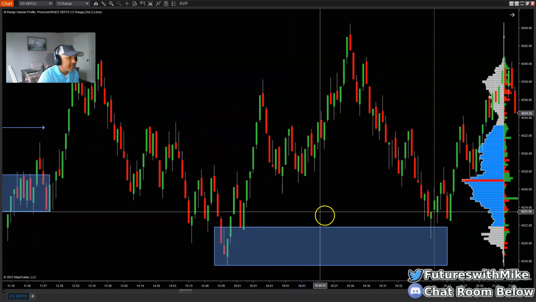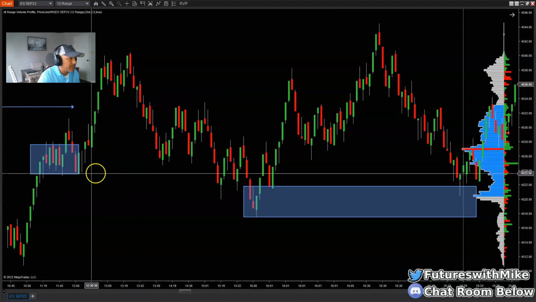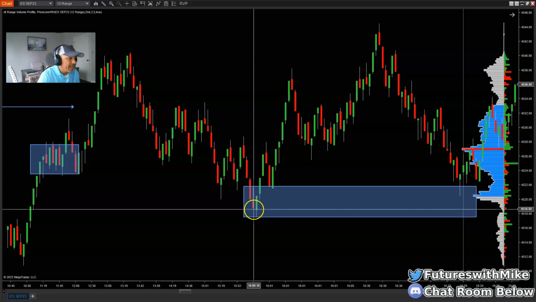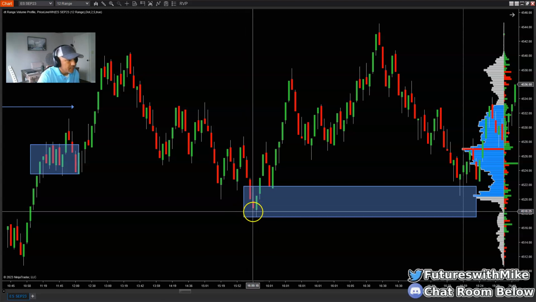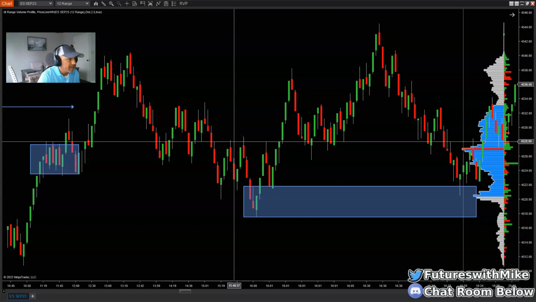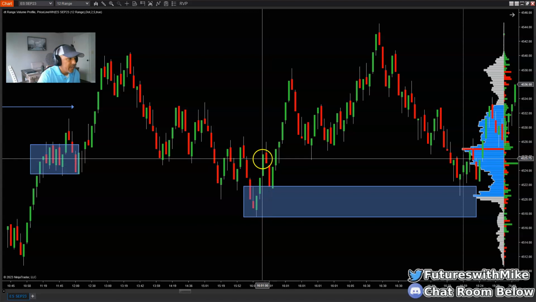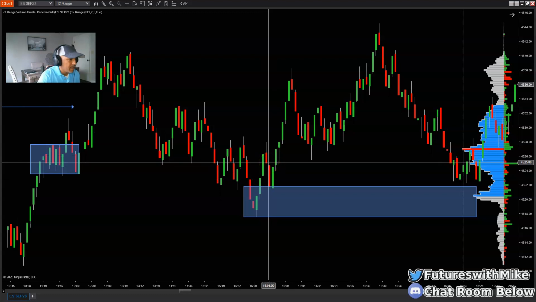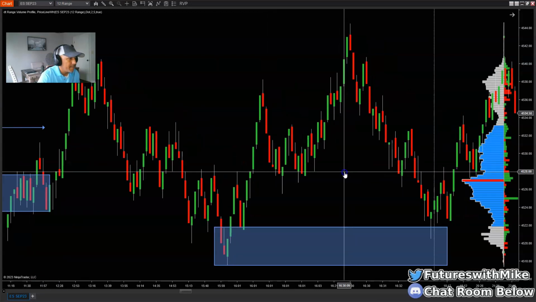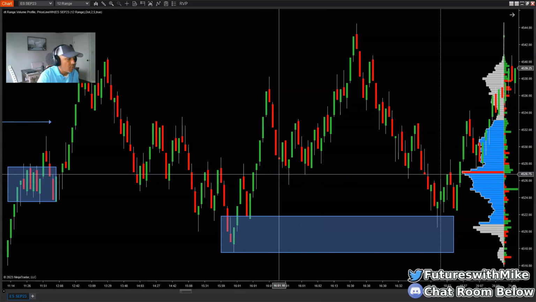So, price moves lower on this push to the downside, making lower lows and lower highs. We break through an area of structure right here, and then it makes this low right here. It turns back around, pushes higher, and takes out resistance right here, so it breaks through this area of resistance. We have a support area right here. So when price pulls back here, it tests the area of support.